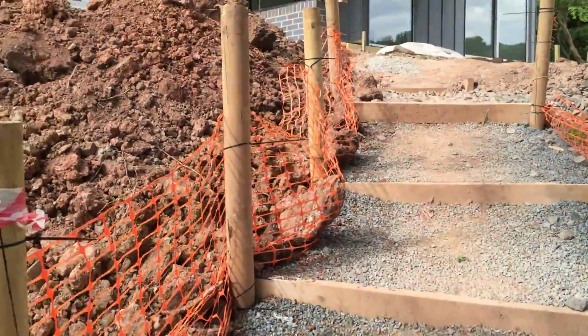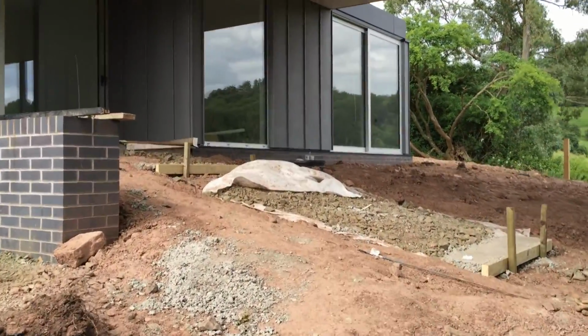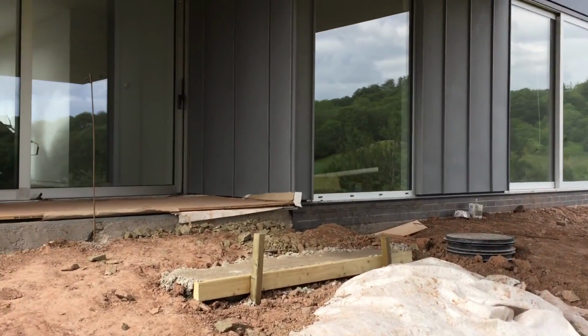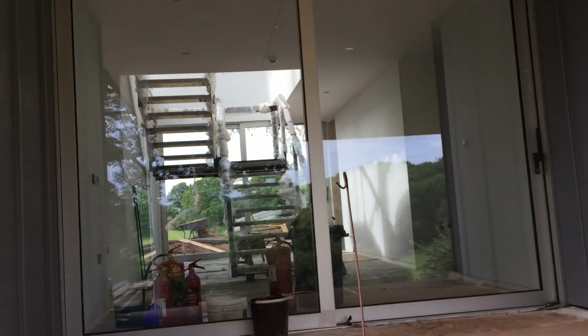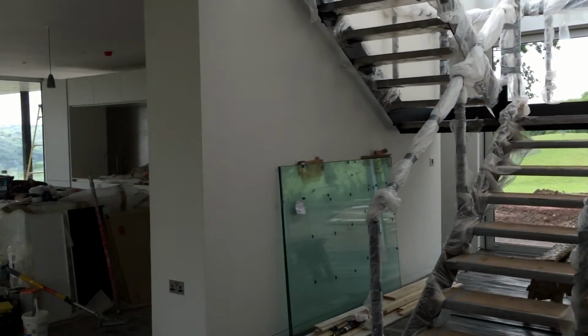The inside is, you're probably not going to notice quite so much, mainly because it's more finishing, so it's easier to see with your eyes than it is through the camera lens. That's a stupid thing to say, isn't it? Easier to see with your eyes, honestly. Right, so